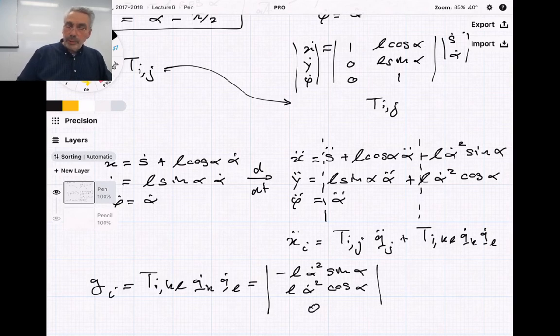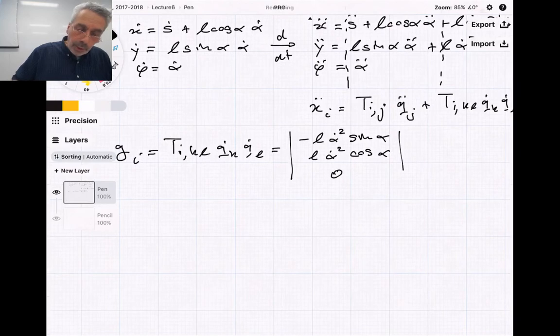I will come back later to this, but for now, we just go through the motion. We just follow the recipe. We have the Jacobian, we have the convective terms, we are now in business. We have now the equation of motion. And how do we get that? Well, we have to